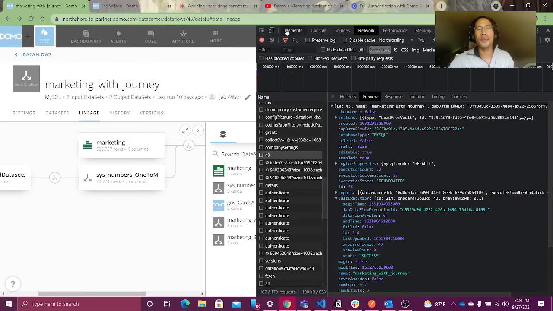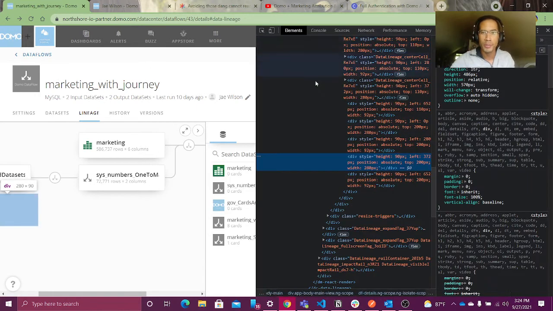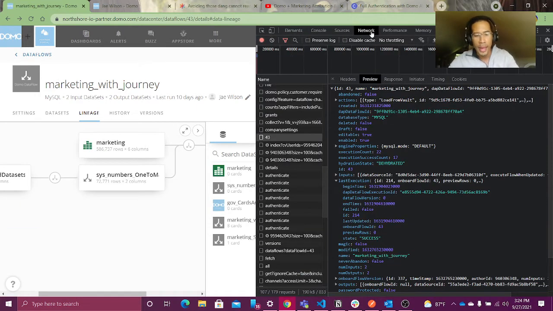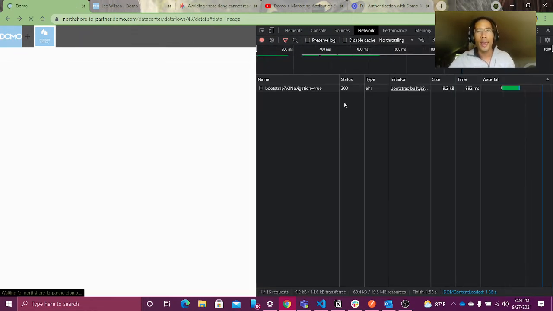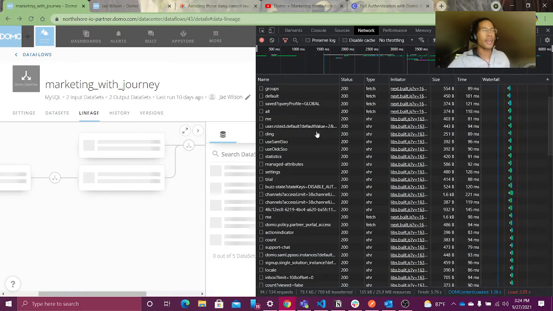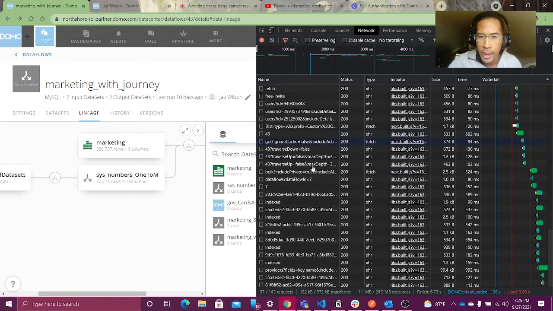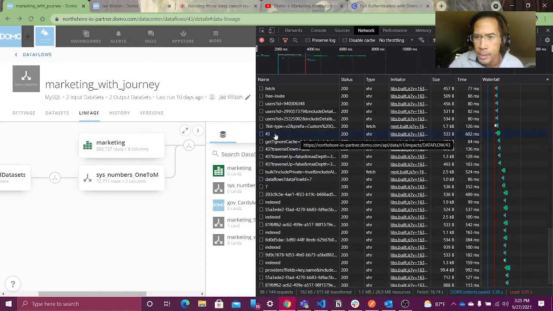Now, if you ask me, Jay, how do I do that? Well, my answer is always the same. I'll say, go to the page of interest, click inspect, go to the network tab, press refresh, and immediately you'll see all of the APIs that Domo's hitting as the browser is rendering the content. And all you got to do is find the right API. In our case, our API of interest, I think, is going to be